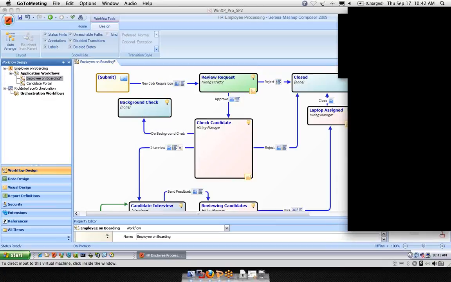Next one. How do you approach designing a brand new process that hadn't been deployed before? So for this particular demo, I started with something that was already there. It wouldn't be that much different if you were doing it from scratch. In fact, as a marketing team here at Serena, we've done this several times. And